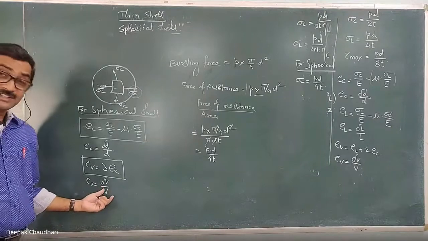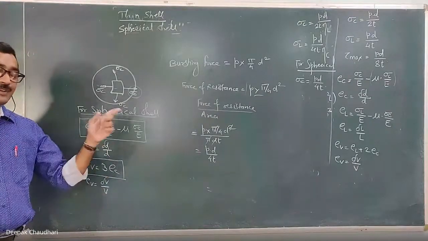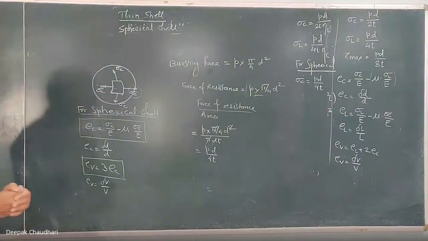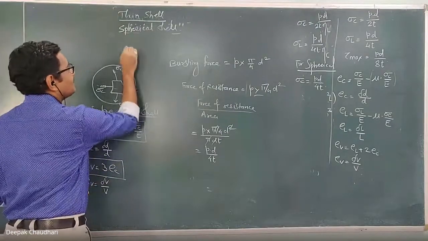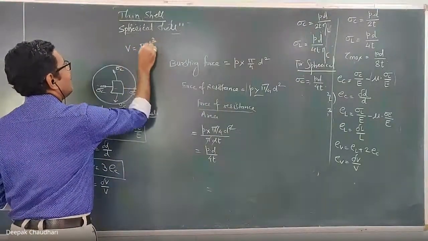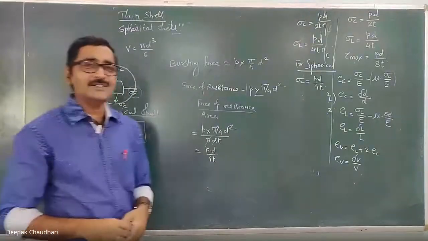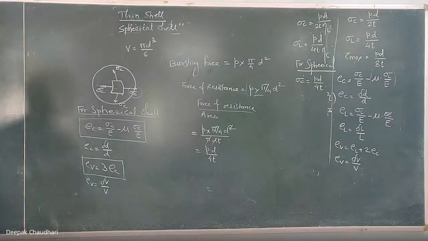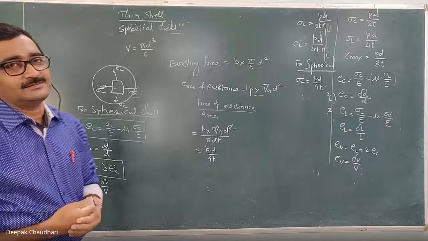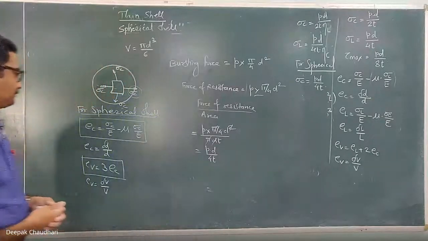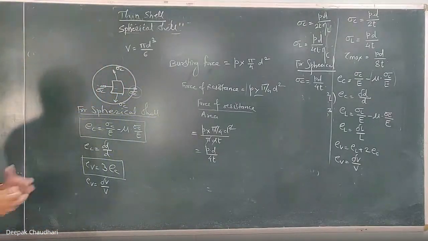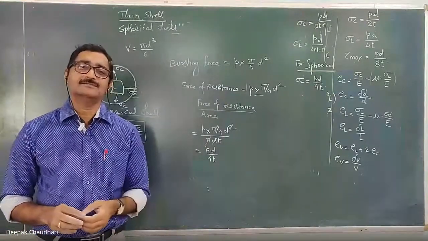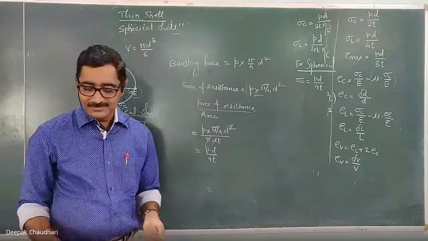Here original volume is different for the spherical shell, and for the cylindrical shell it is different. For spherical shell it is pi d cube by 6. Here original volume for the spherical shell, it is pi d cube by 6. You can write it in terms of R also, but remember in terms of diameter. So it is pi d cube by 6 volume for the spherical shell, and for the cylindrical shell it is pi by 4 d square into L. Okay, yeah. So exactly in the similar way for what we have solved for the cylindrical shell, for spherical shell also we can do it in the similar way. Okay, any doubt?